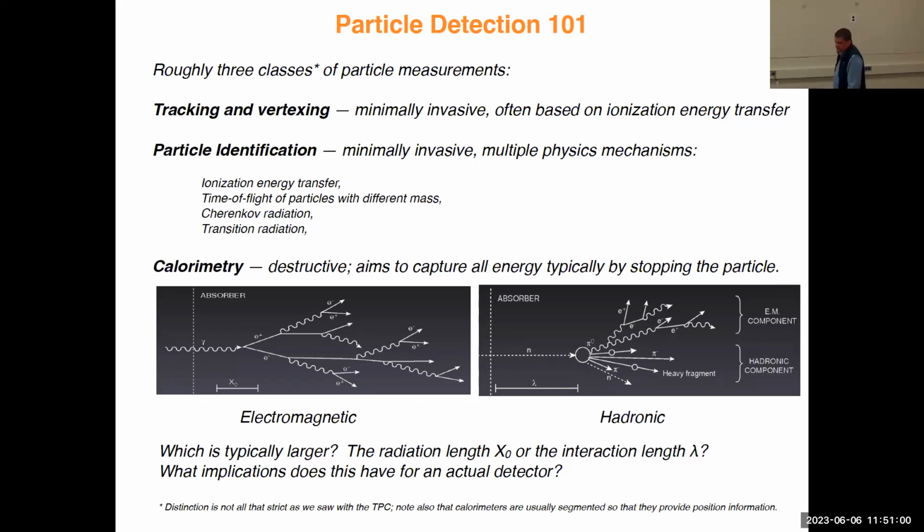That classification is a little bit artificial, as you've seen from this example of the time projection chamber. Likewise, calorimeters are segmented, so they do provide a form of position information. Still useful to be able to discuss with your colleagues. And the typical distinguishing characteristic is, of course, that calorimeters aim to measure the total energy, and